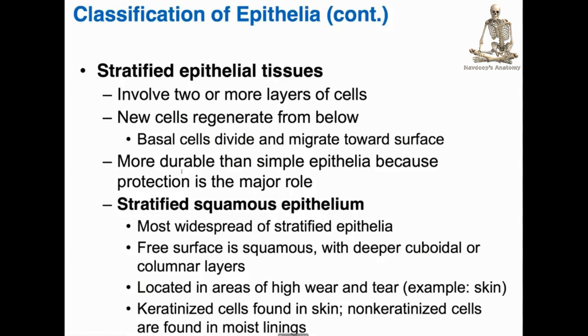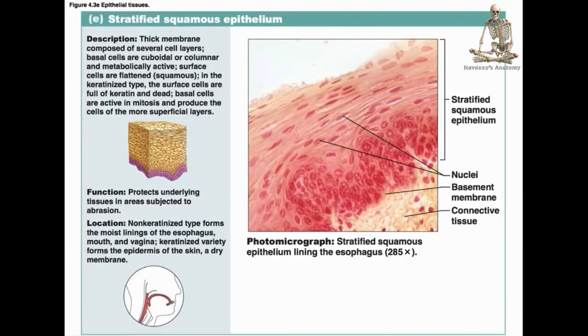We can say skin is most exposed to wear and tear, and keratinized cells are found in skin, and non-keratinized cells are found in the moist linings, wherever they serve the purpose of moistening the layers. At those linings, non-keratinized cells form, whereas where a dry surface is required, they form keratinized cells. For example, we can talk about it in skin, which is the thick membrane